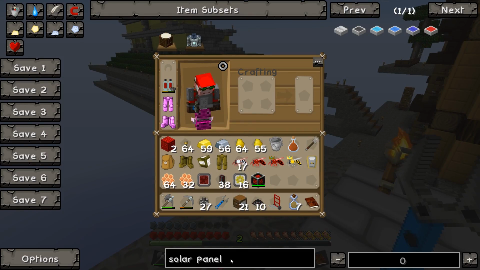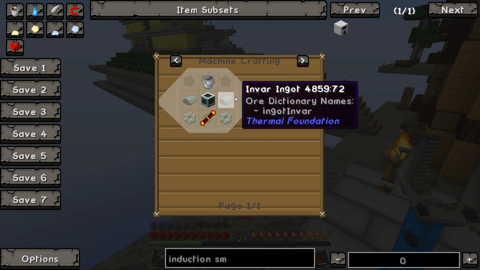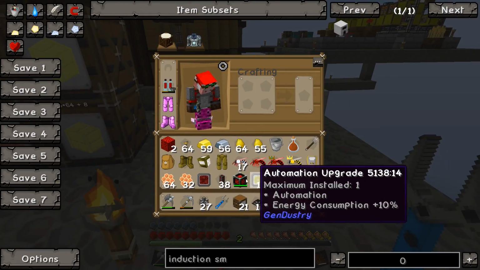And let's look at the induction smelter recipe. Induction smelter recipe is a lot of Invar. Okay, so that's what's going to go. Let's end this episode. I'm going to go over to our big quest